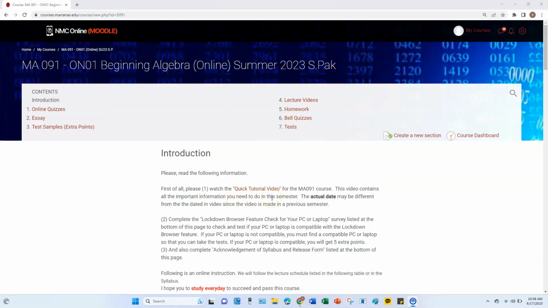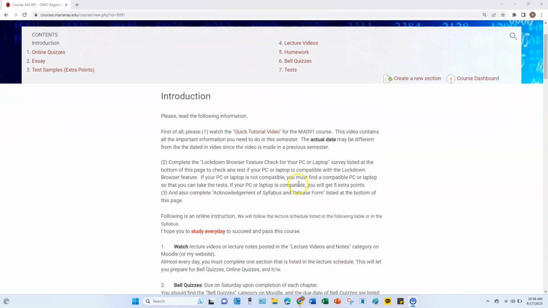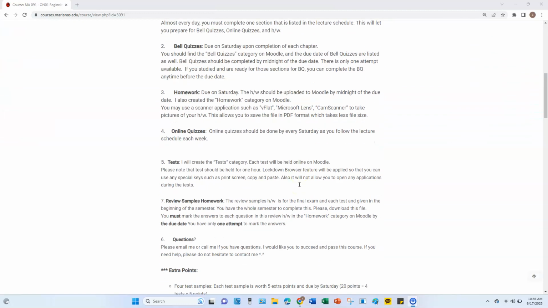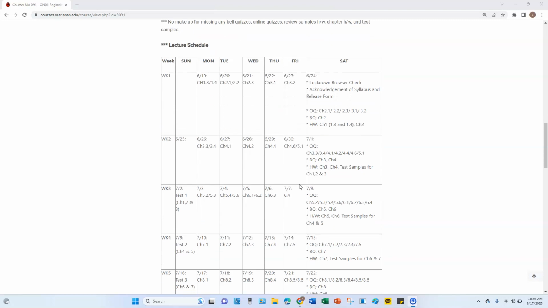I'm your MA091 instructor. As you log in tomorrow, you will see this introduction page. Then please read step by step, slowly. In the middle of this page, you will see a table, the lecture schedule table. Each row of this table shows